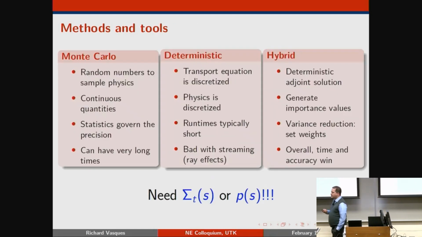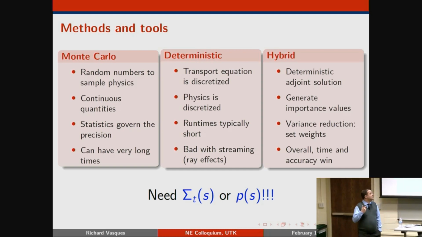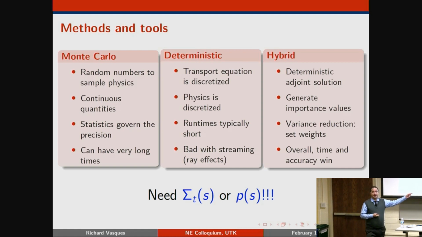So what can we do? So there's 3 methods and tools that we usually use, right? We use Monte Carlo, or you use deterministic codes, or some sort of hybrid code using both of them. The thing is, for both of these cases, you are going to need either the total cross-section or the PDF. If you have the PDF, you're going to be using the same Monte Carlo code that you have, but you sample from something that's not an exponential. If you're using deterministic, you're going to have this sigma t and find out how you're going to discretize your system now that you have an extended phase space.